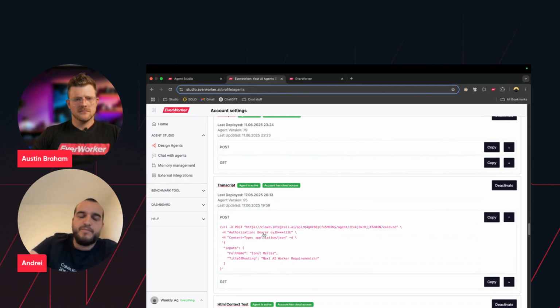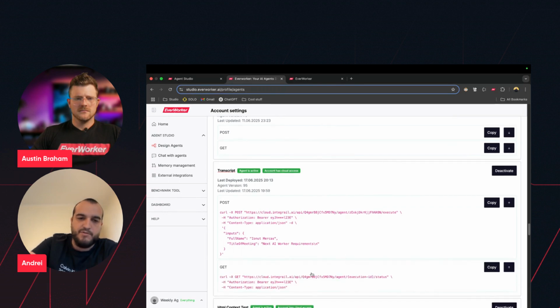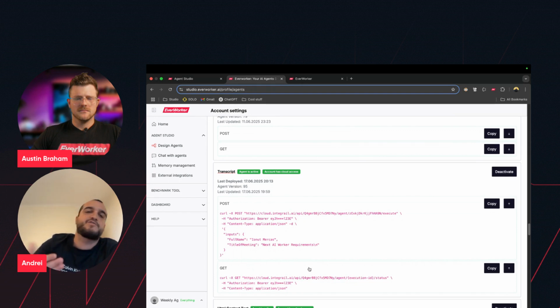So any agent can be integrated in this way. You basically have a couple of API calls that you need to do. A POST request containing three important keys: the general account, the agent, and the authentication key. And then you do a few GET requests to wait for it to finish running, and you get the result. And this is the strategy for all of them.